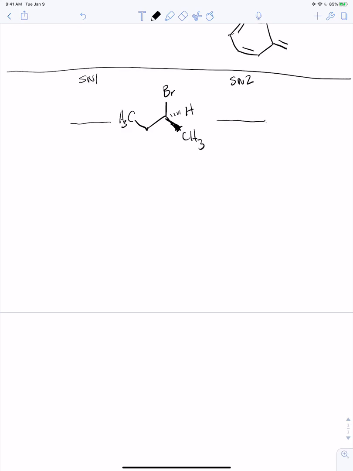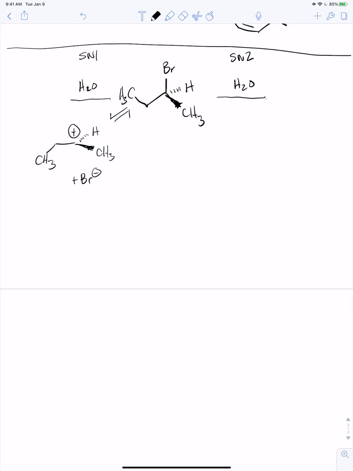So for a bad nucleophile, we've got water. Let's look at the Sn1 path. In the Sn1 path, our first step, really this is reversible, is to lose the bromide and form a carbocation. And then water comes in and